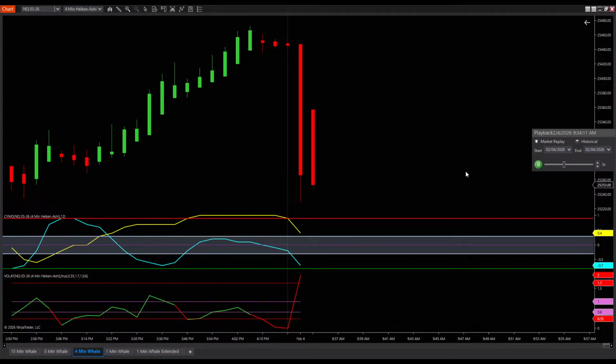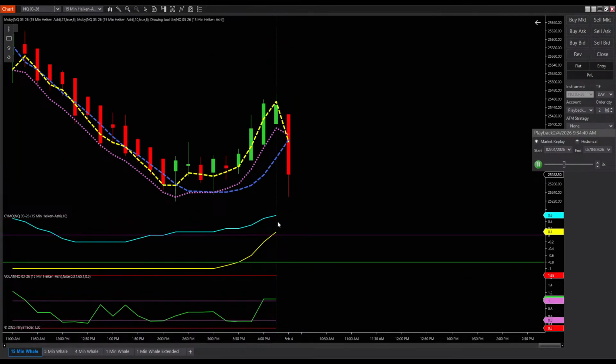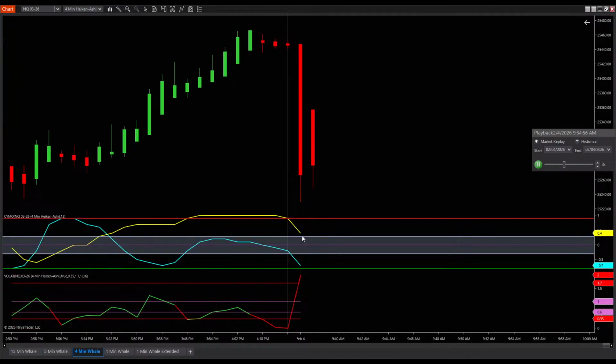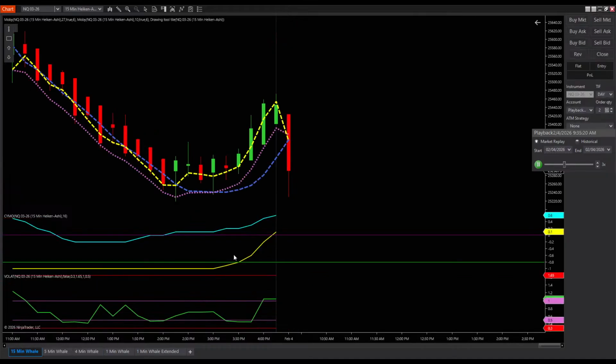Alrighty, there you go, guys. So if you just got a momentum shift to the downside and cycles going up on very, very strong volatility, what are the chances of this continuing its way up over here? Very slim to none at this point, okay? So you can catch the micro rotation inside this bar using the 5 or the 4 minute time frame, but you're going to get a quicker signal on the 4 right out of the gate in the open right there, okay? So you see the signal right there. They're both coming down. This is telling you guys that there is no pressure to the upside right here, at least on the 4 minute chart. And with MOBY appearing to want to go down, there's no clarity at all.